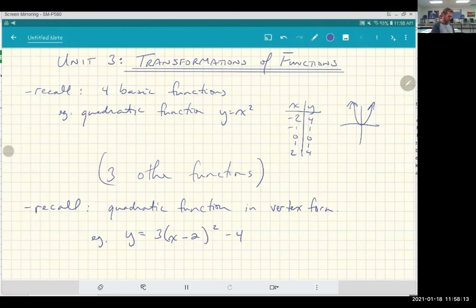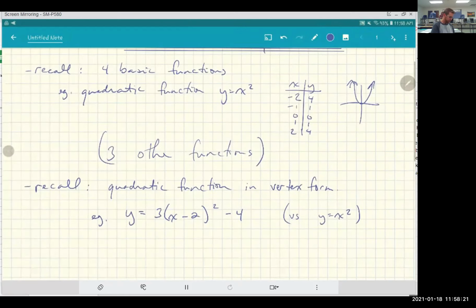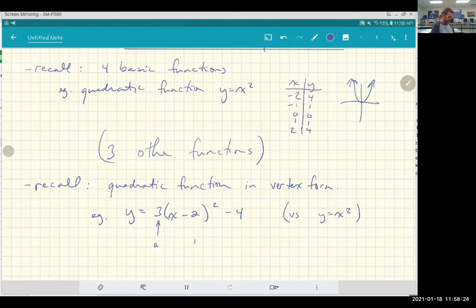And so we're going to compare that to our original y equals x squared and see what a number here in the, what we're calling the A spot, and a number here in the D spot, and a number here in the C spot do, all right? So if we take a look at Desmos,